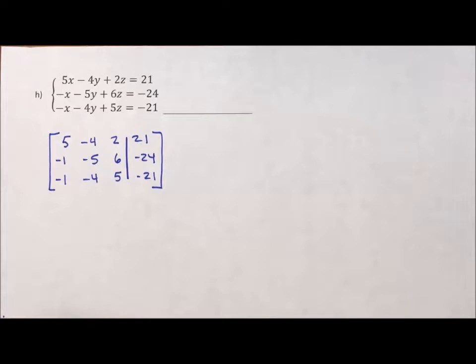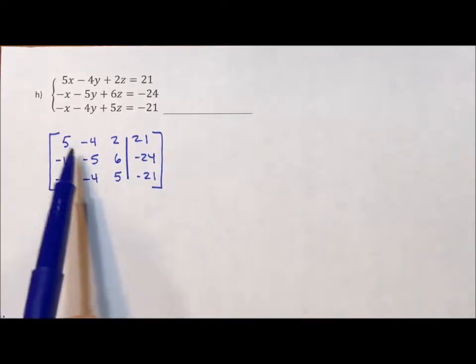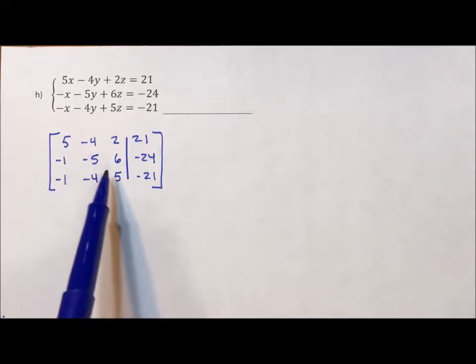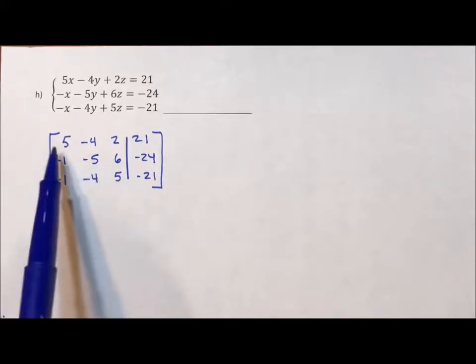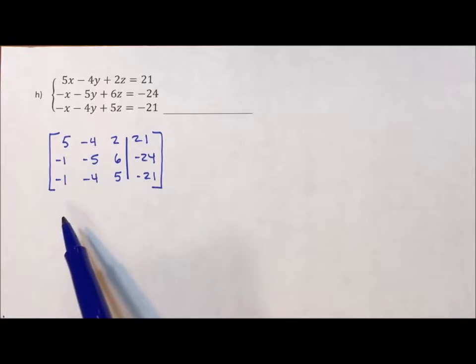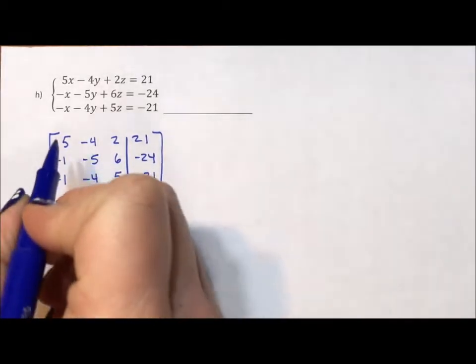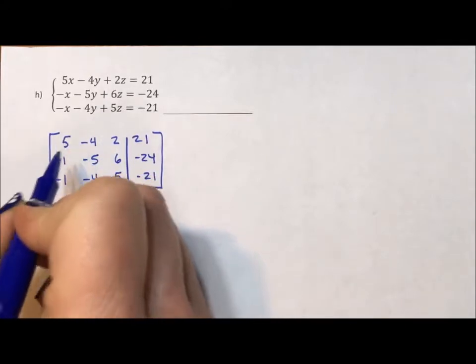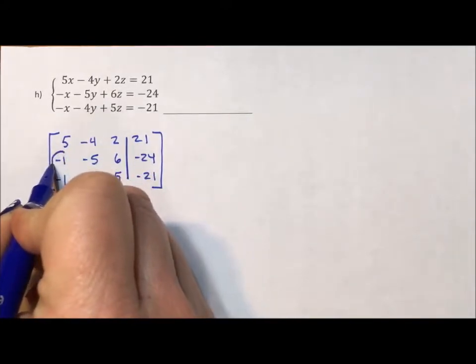Okay, what I want to do is I want to make an identity matrix where every number along the main diagonal are ones. Right now they're 5s. That doesn't really help us, but there's a lot of things we can do to kind of make things work for us. I want a 1 here, and what I'm going to do is I'm going to pivot on this